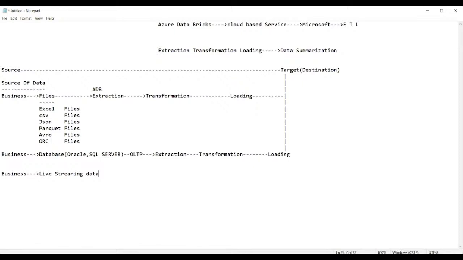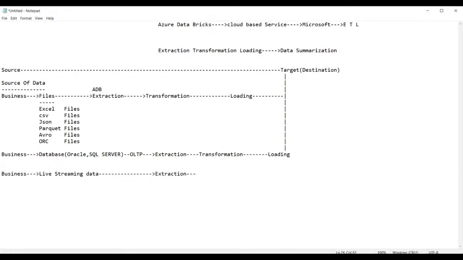Suppose the India versus Pakistan match is going on, you will get the live streaming. Am I right or not? Yes, guys, that is all called live streaming data. Even the live streaming data we pull in here as it is, and this process is again called extraction. We perform the extraction on this data.